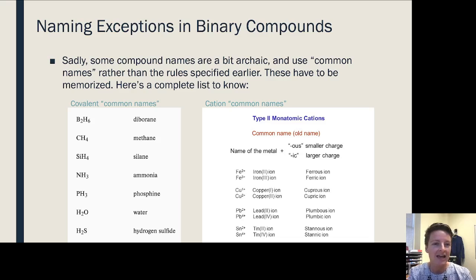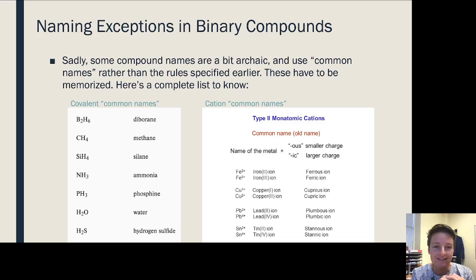All right. It wouldn't be a language learning experience if there weren't a couple of exceptions to binary compounds. And so on this slide, I've given all of the exceptions and common names to expect for binary compounds. Some of these may feel pretty familiar to you. For example, you probably are used to calling H2O water in your life and not the standard name of dihydrogen monoxide. So these common names show up in chemistry, and it's pretty typical for us to call